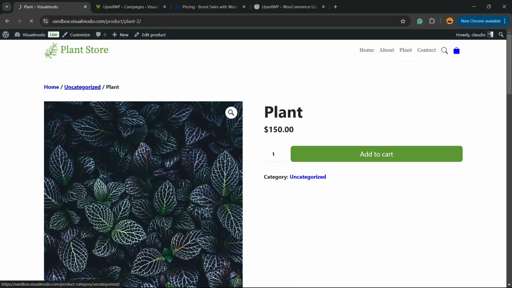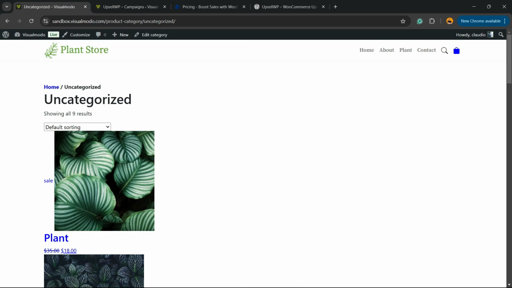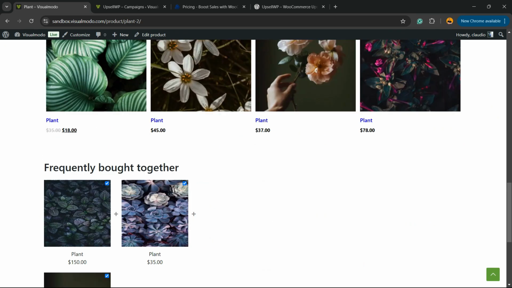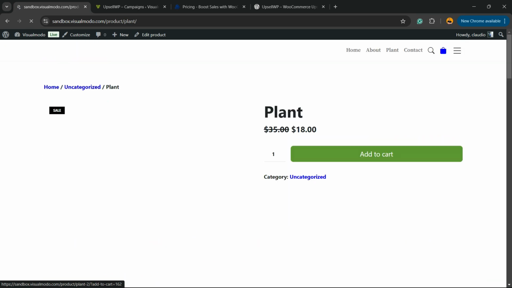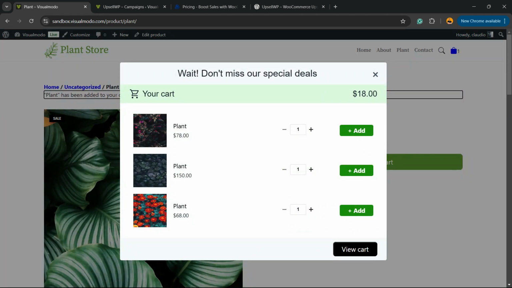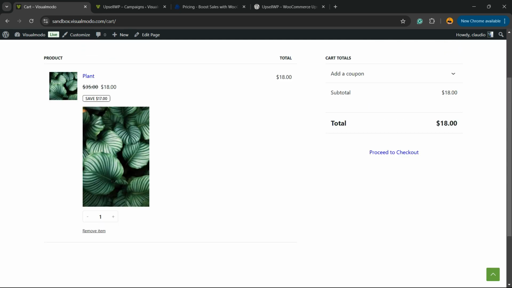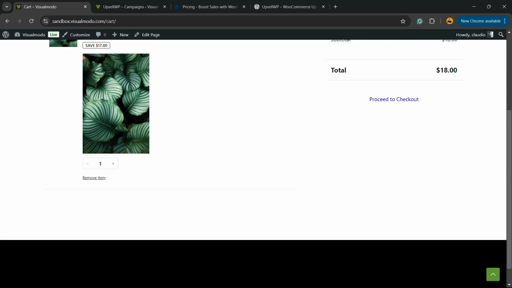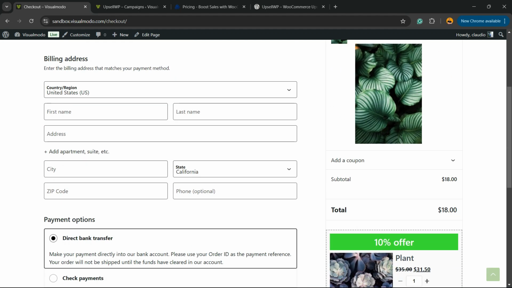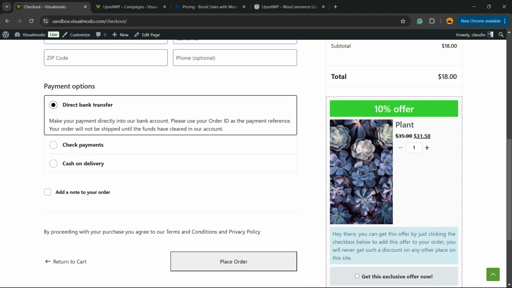Let me go back to the product page. Add a product to my cart. For example, this one. Let's view the cart. Here is our cart. Let's proceed to checkout. So, if you go to the checkout, you can see the checkout upsell offer just like this, with a 10%